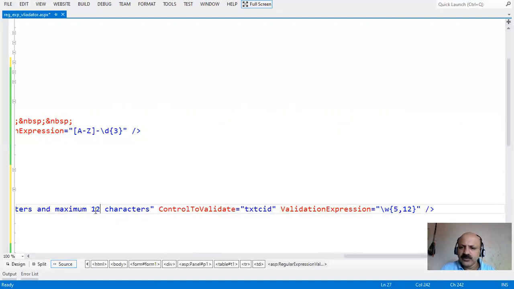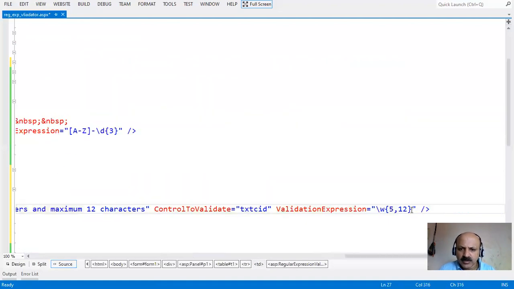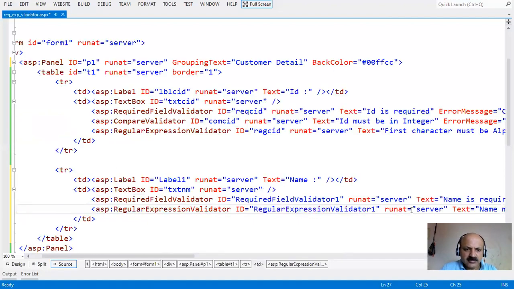And if you do not provide \w, which means word, within a brace, 5 comma 12, that makes minimum 5, maximum 12. And if you do not provide any range here, that also means unlimited, no limitation, the higher range, and the minimum is specified. So okay, now I think it is complete, and here we provide our id, nm, that is our text box